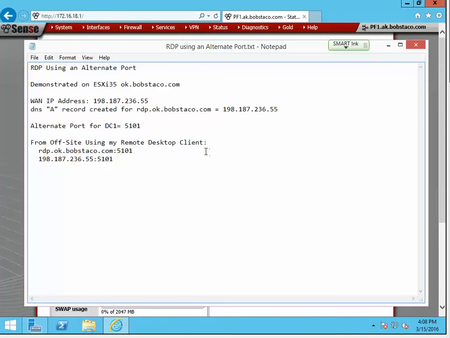I'm going to be demonstrating this on ESXi host 35, which is for the ok.bobstaco.com domain. Now the IP address that's assigned to my pfSense firewall is this one here. This is different than the IP address that I used from the ESXi client to get to my ESXi server. I initially got confused with that, but I got it straight now. So one address, in my case ESXi35.bobstaco.com, will be used for my VM client, and then this address is actually the address that's assigned to my pfSense firewall, which will be used for all of my port forwarding rules,